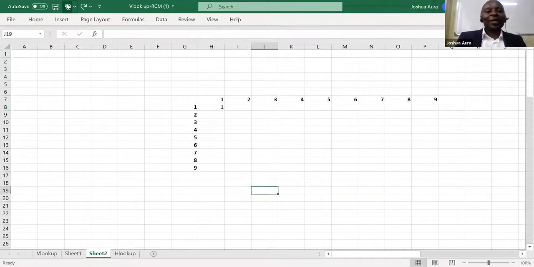Now, here we are. All right. So the first cell is here. So I'll come and say equals. So this equals, what do I want? I want to multiply this 1 and 1. So this one, I'll pick it. I say times